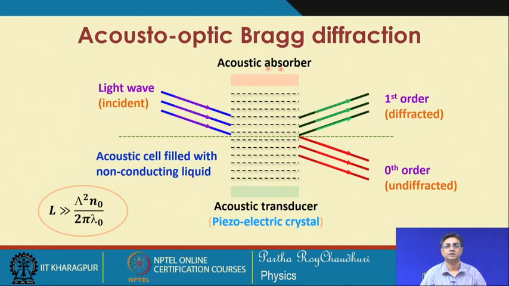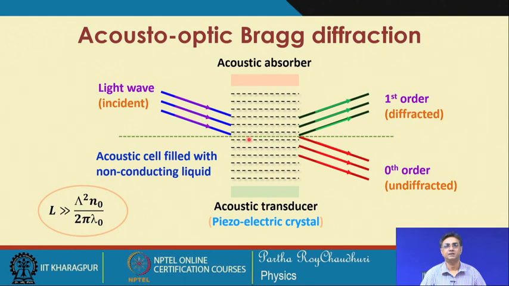So, the schematic of the arrangement of such Bragg diffraction is like this. You have this acoustic transducer, which is usually a piezo crystal mounted at one side. There is an acoustic wave absorber, so that there is no reflected wave, else this reflected wave will form a standing wave pattern, and the grating will no longer be a travelling grating, but a fixed grating. And then the width of this acoustic wave is important, which will be fairly large in this case, and the light wave will be